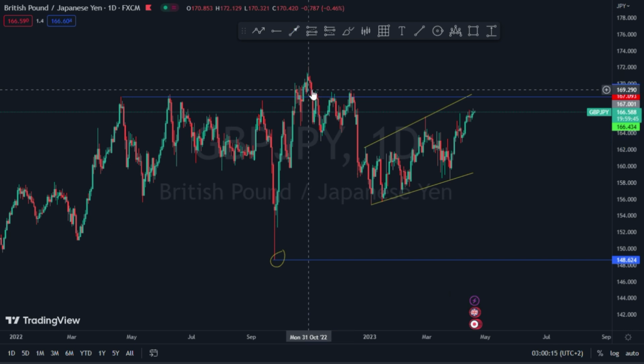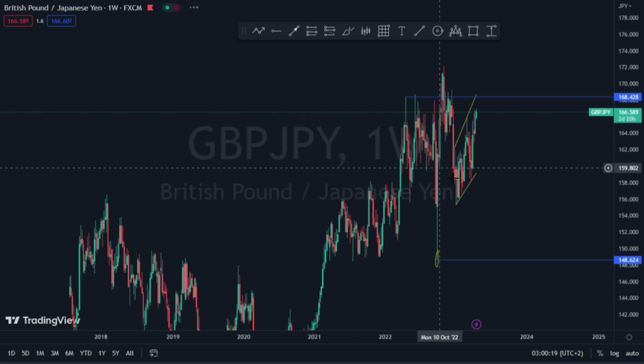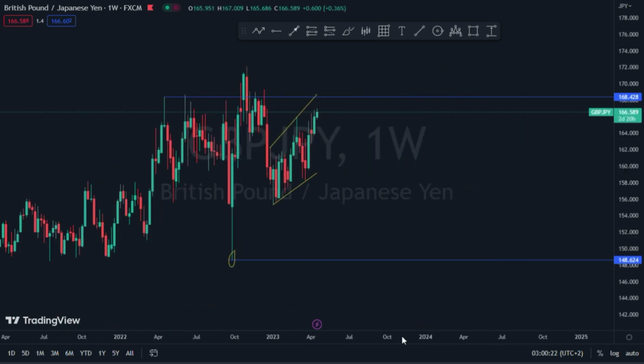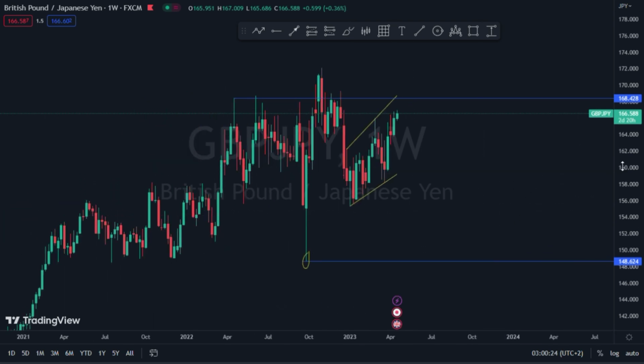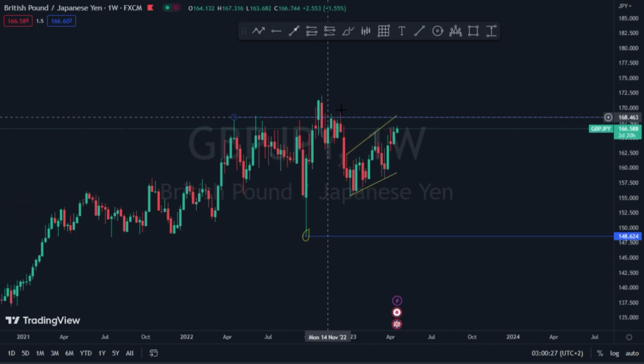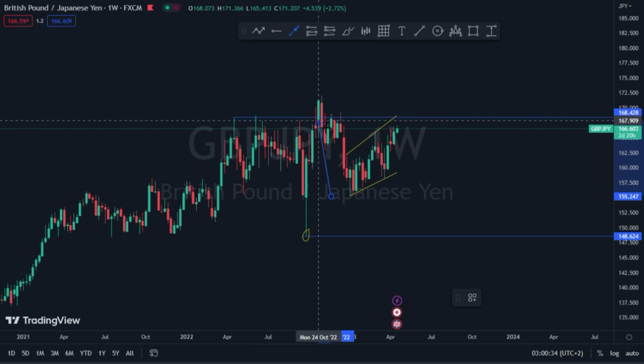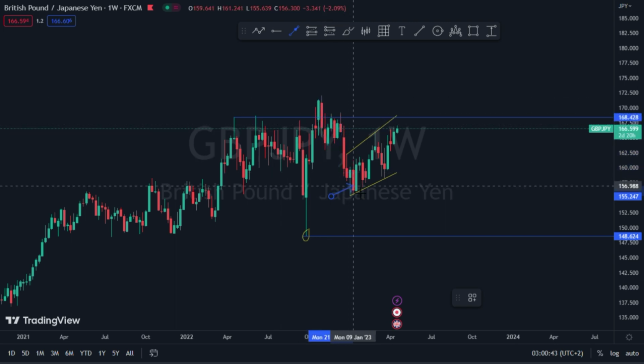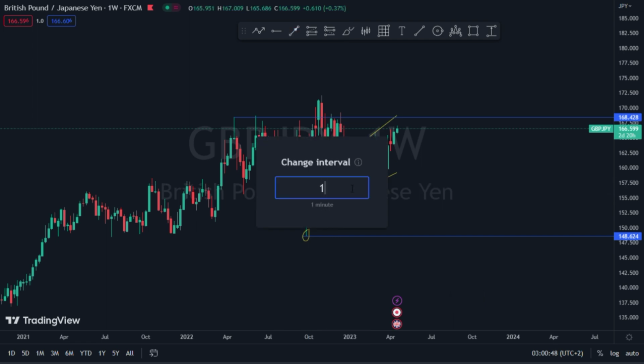But if I go to the weekly time frame, we will see clearly that the market had just created a fake out right here on these levels, right? So the market pushed through to break above these levels only to fake out this breakout, right? So the market pushed through only to come back and to continue moving to the downside. So if I can just go back onto the daily time frame,